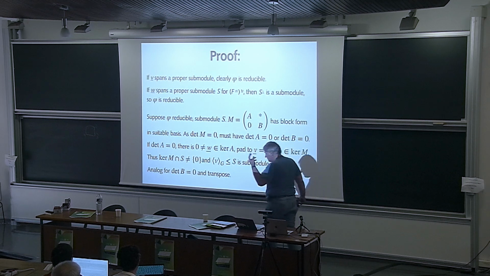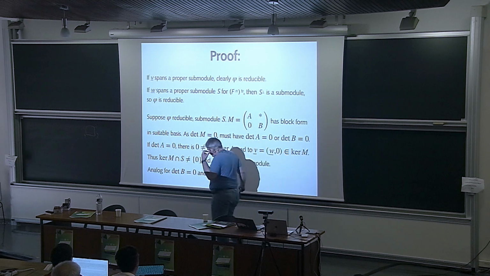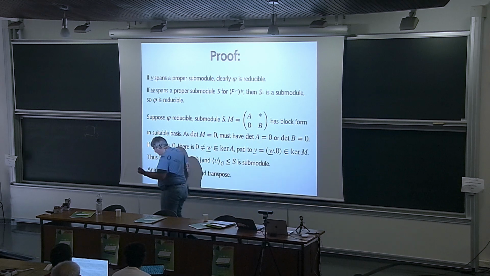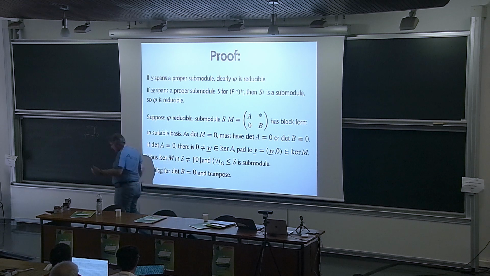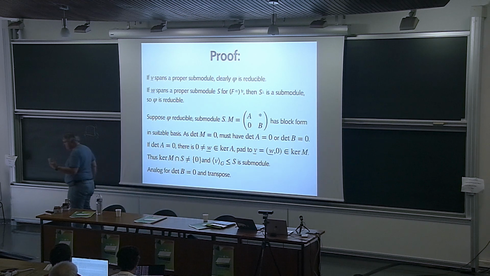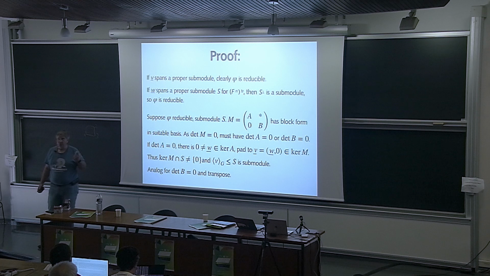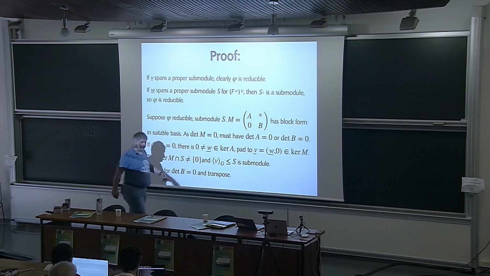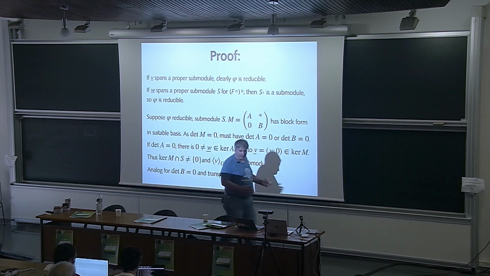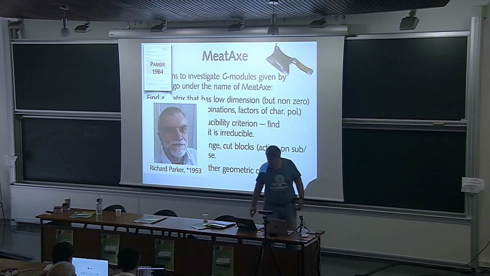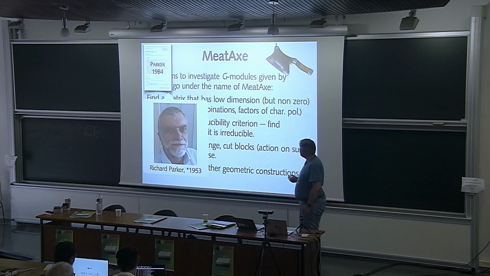And it's a constructive test. The test tells me either the group acts irreducibly, there is no proper submodule, or it tells me here is a submodule, namely the submodule spanned by the vectors in the kernel. Yeah, that's the irreducibility test, and building on this, the tool is called the MeatAxe, and indeed this MeatAxe